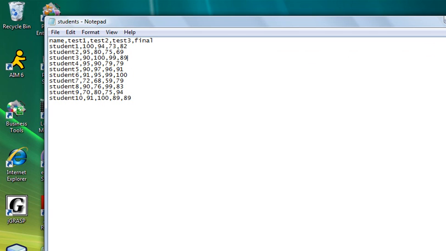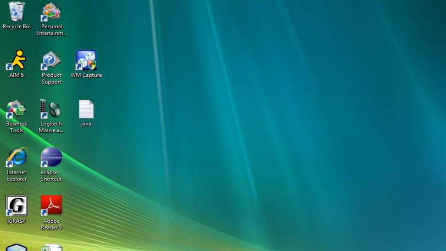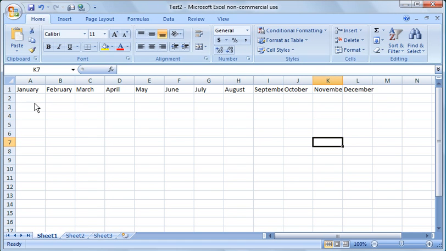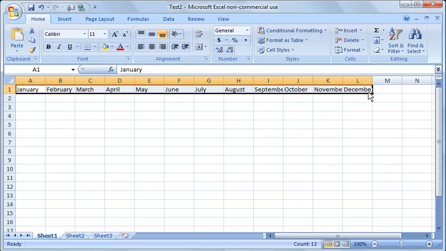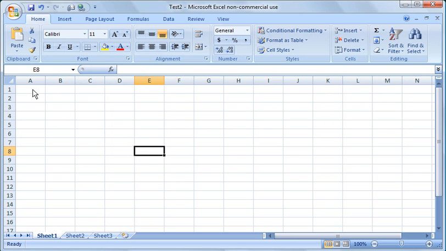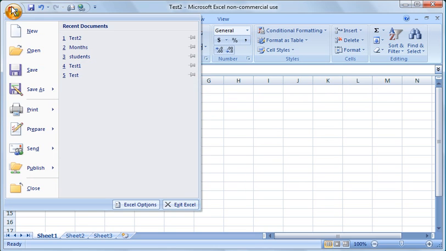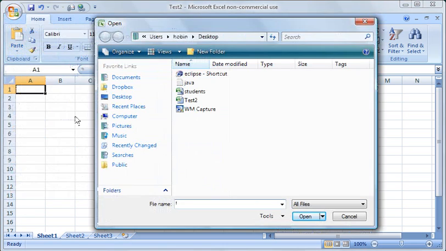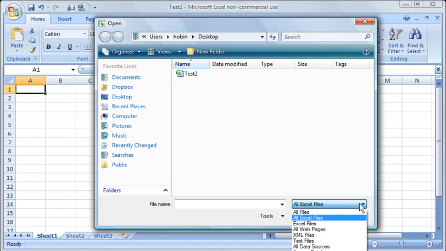With that said, I'm going to go ahead and close that, and go back into my spreadsheet here. I'm going to delete these months out of here so I have a fresh worksheet that I'm working on, and I click the Microsoft Office button and click open. By default it'll probably show all Excel files. If you want to see more than Excel files, and in this case we want to see a CSV file, I hit the pull down menu over here and scroll down and find